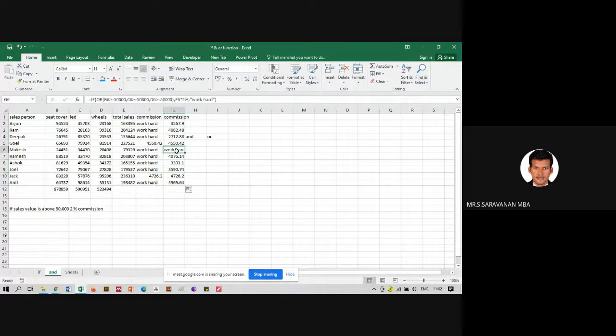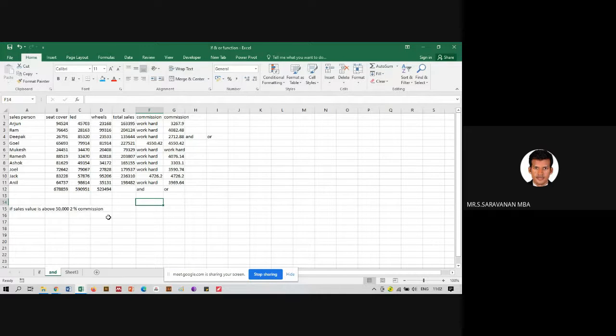See, only 1% has not met the target. So this is what we call OR function. This is OR, this is AND function. So this is the advantage of having IF function, OR function, AND function, and nested IF functions.